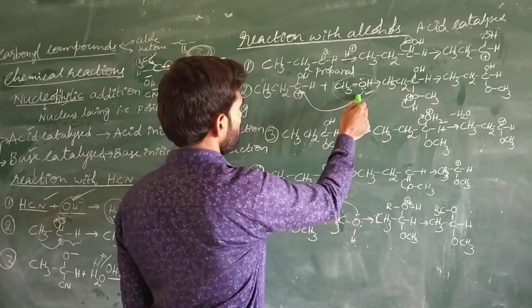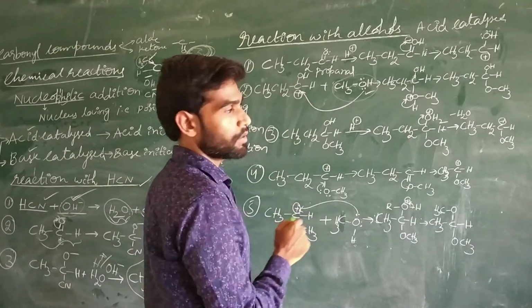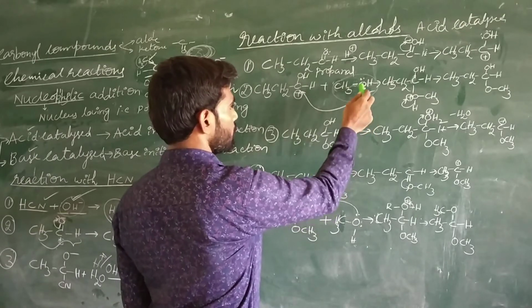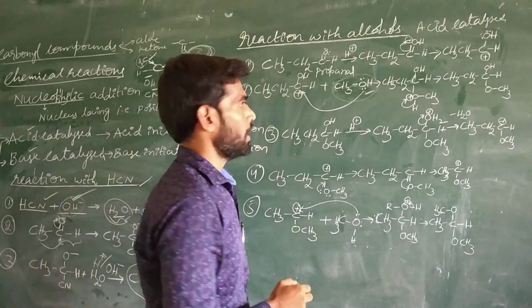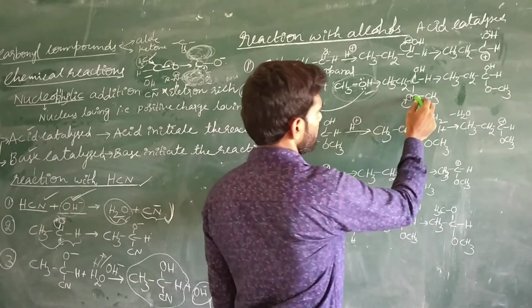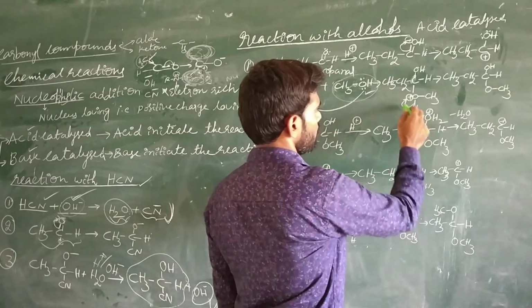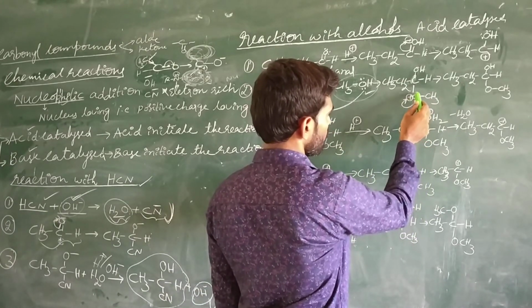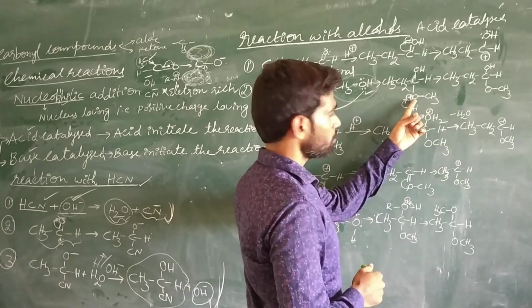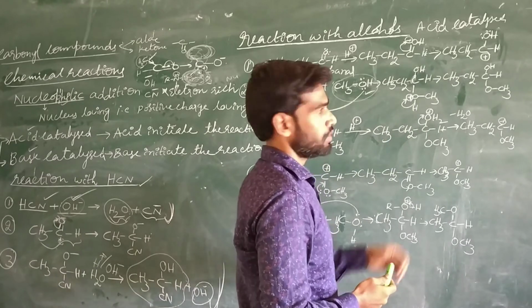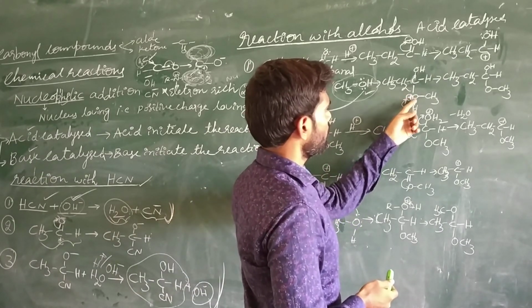Now this methanol is reacting with the carbon. Oxygen has a lone pair of electrons, and with this lone pair, this oxygen reacted with the carbon atom. But oxygen again has 3 bonds. It is unstable. Due to the presence of positive charge on oxygen, and oxygen is more electronegative, right? If oxygen is more electronegative, it can bear the negative charge, but not the positive charge. It is not willing to bear this positive charge.